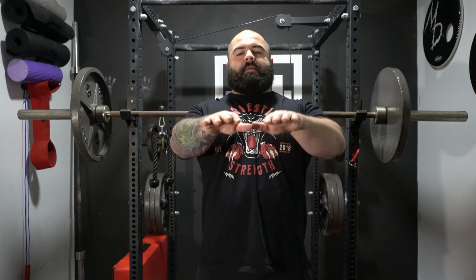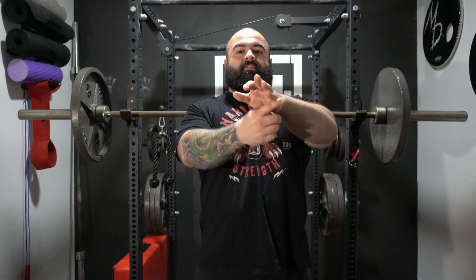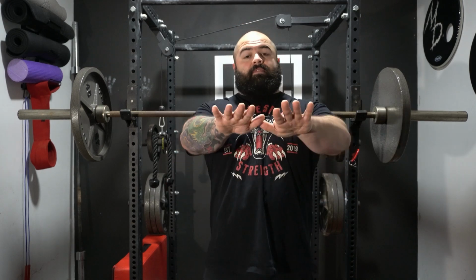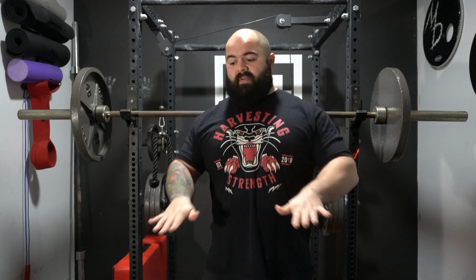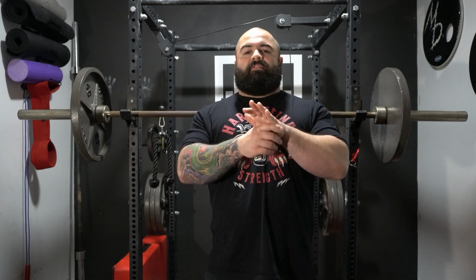So me personally, I don't have flat feet. I have high arched feet. So that means the outside of my foot touches the floor more than the inside of my foot. And if I was to make up some percentages just to make this sound a little bit more intense, if you were flat-footed, maybe you have 100% touch with the floor. But if you are high arched, you might only be touching the floor 50 or 60% of your foot,